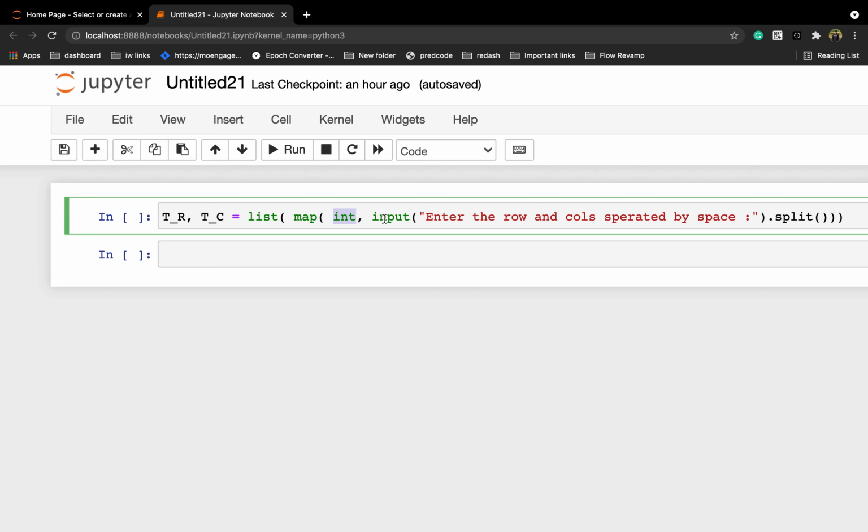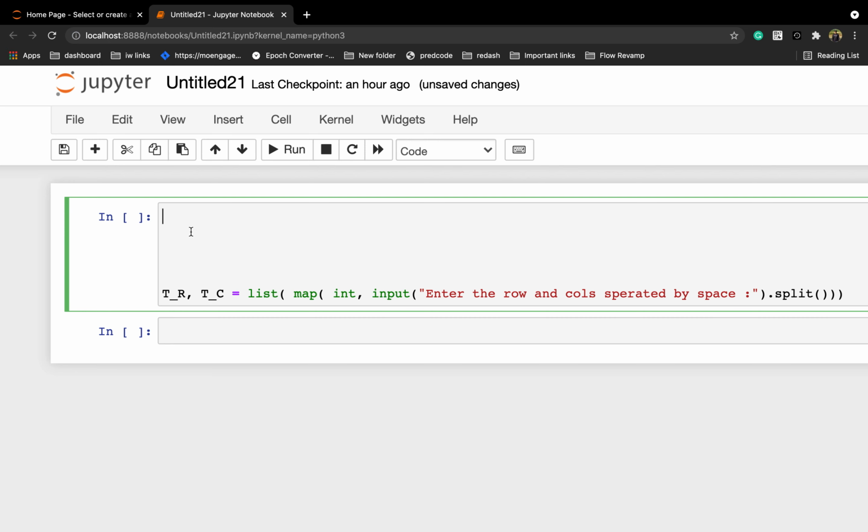I want all input to be converted to int, right? So this map function will return a map object, and then we are casting it to list. So we have got tr and tc already. Whatever, let's say 5 and 3, the user is providing, it's 5 space 3, so it will be stored in tr and tc, right?